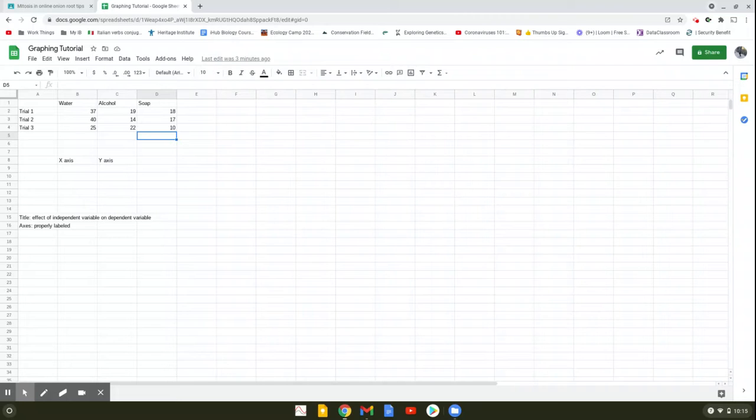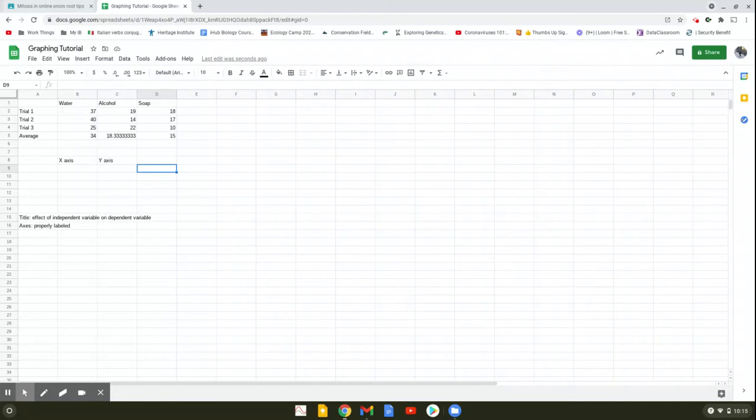We have to do some calculations and manipulate the data, and then we can graph that. That is going to be more accurate when we find the averages. So an average is a good thing to graph here. So you can just find the average as you normally would, or if you're fancy, you can do what I'm doing right here. Okay, so then you can drag that across if you're fancy and you know how to use Google Sheets. So anyway, those are our averages, okay? So now